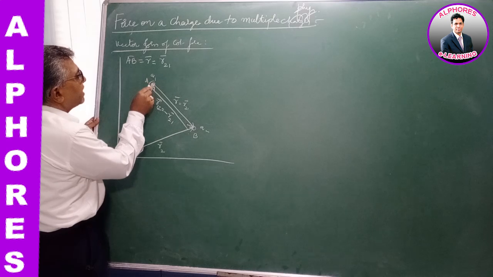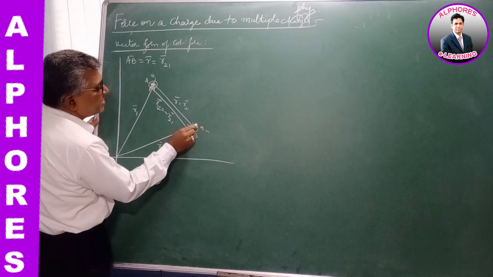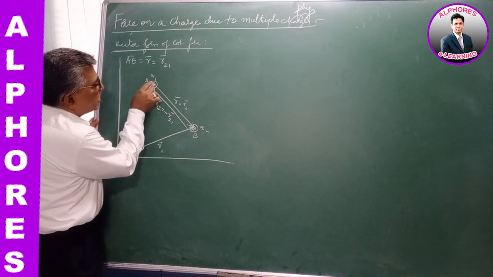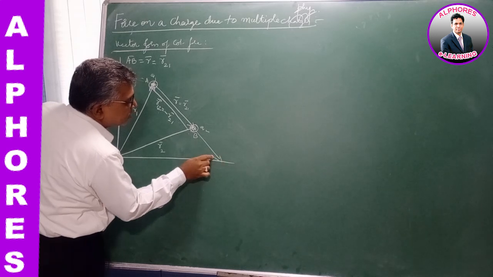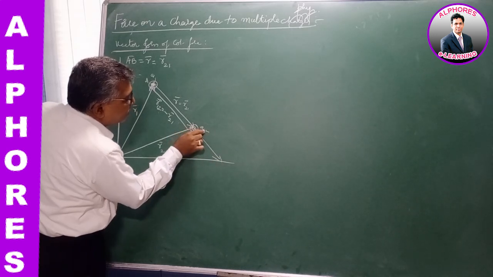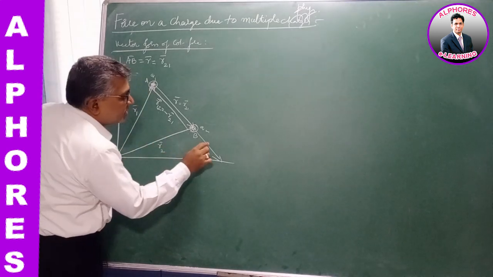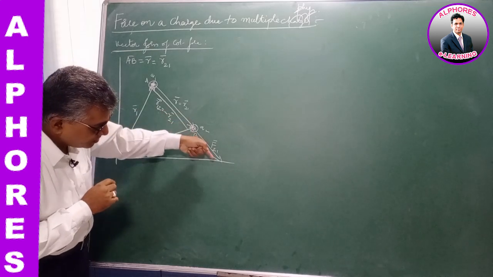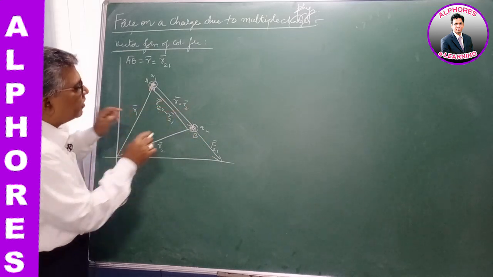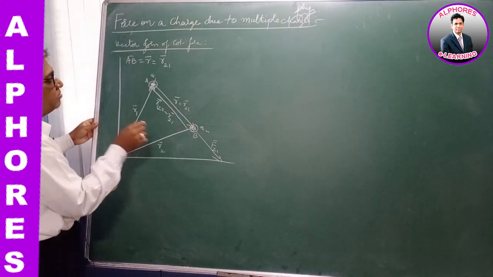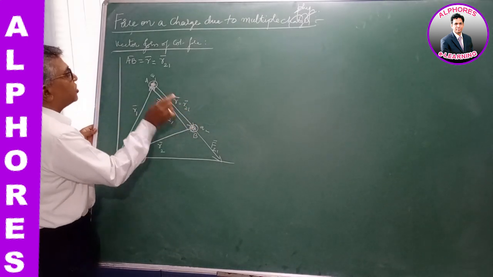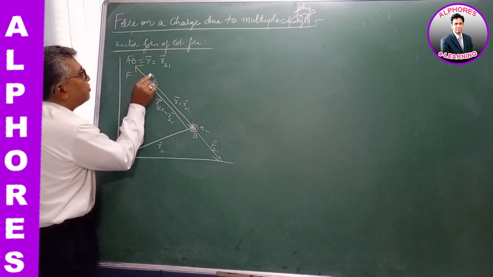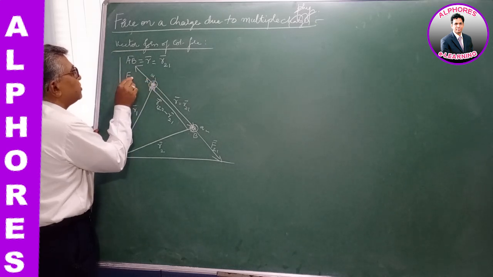Now, suppose I consider these two charges as like charges, let us say plus plus. Like charges repel. So positive charge Q1 repels Q2. This is the force acting on Q2 due to Q1, represented as F21. And you see, this force is in the direction of R21 bar. Now, the force due to the second charge on the first charge, a repulsive force, is represented as the force on the first due to the second.